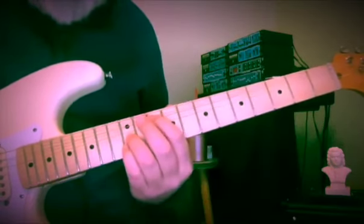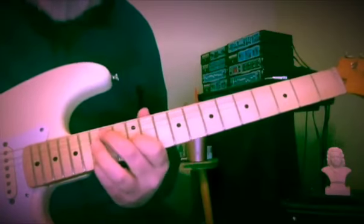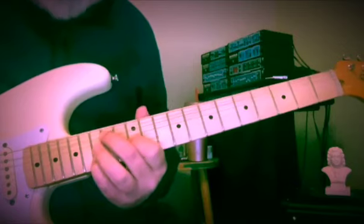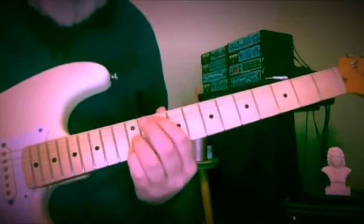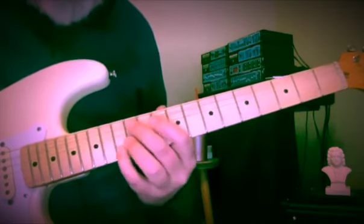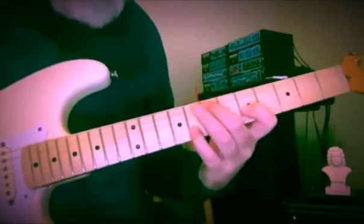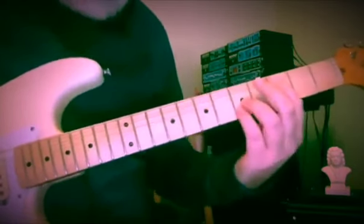So G, 10, 12, 12, 12, 12, 13. 14, 12, 15. This is G first inversion, little passing chord. So these in themselves are great to know. I also want to show you if you wanted